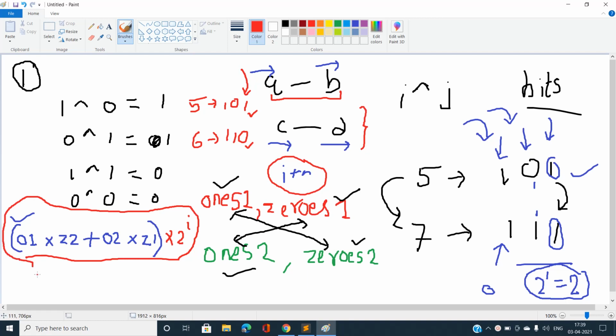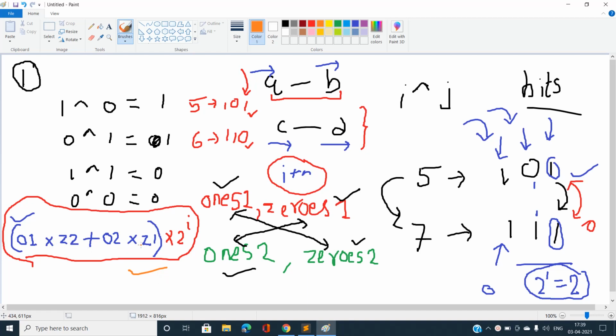And I'm not talking about cases where the bits are the same. Why am I not talking about them? Because it would be like incrementing our answer by 0. So here we will have the answer being incremented by O1 into Z2 plus O2 into Z1,